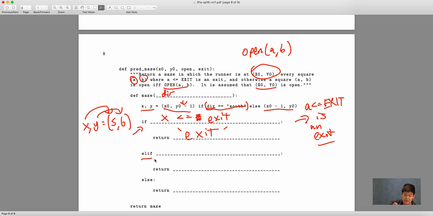Else, now we want to check, so we could either check if it's blocked, then we return dead end, and then we keep recursing. But in our case, we want to do the opposite, because there's no way to check if a square is blocked or not, but we have a way to check if it's open. So we want to check if (x, y) is open, then we want to recurse. So we want to call pred maze with x, y, open